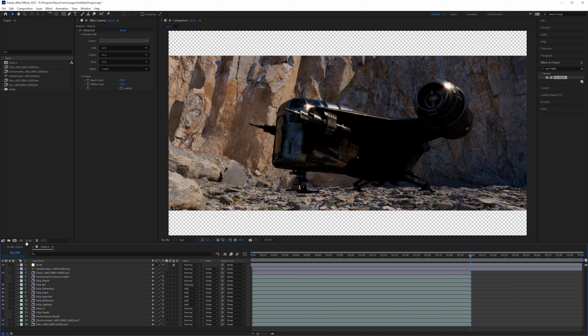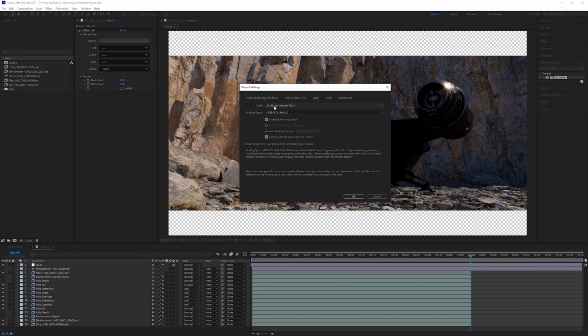First thing is, you need to make sure that this down here says 32 BPC. So recall the lecture on color bit depth. 32 bits per channel gives us a massive amount of color space to work in. It's the highest that's available to us, and it's the highest that EXR supports. We rendered out 16-bit EXRs, so you technically could be on this, but we're going to be using effects that are going to take advantage of 32 bits, so we really need to be on this one. By default, After Effects says 8. 8 is not even high enough to be able to show you what the EXR looks like from Maya. It's not going to be able to show the correct color information. So we have to be on at least 16, but in our case, we really need to be on 32